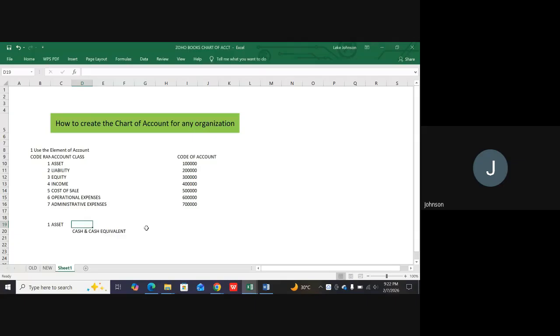The first item, we'll now say that the code here, let's put code up here. I just want to show us how I was able to create that chart of account that we have. We are going to say our code. The first item that we're going to have is going to be 100,000. So let's just do 110. Okay, it means that all,